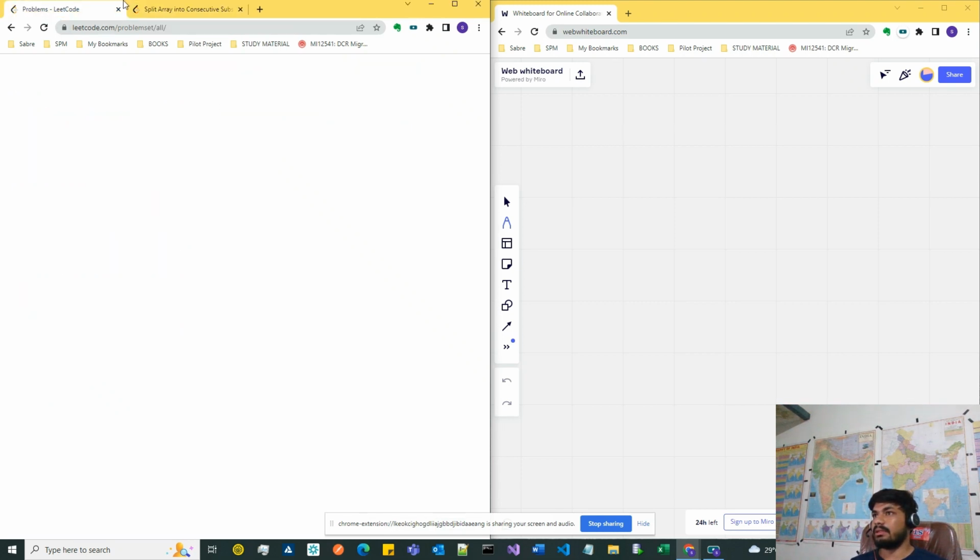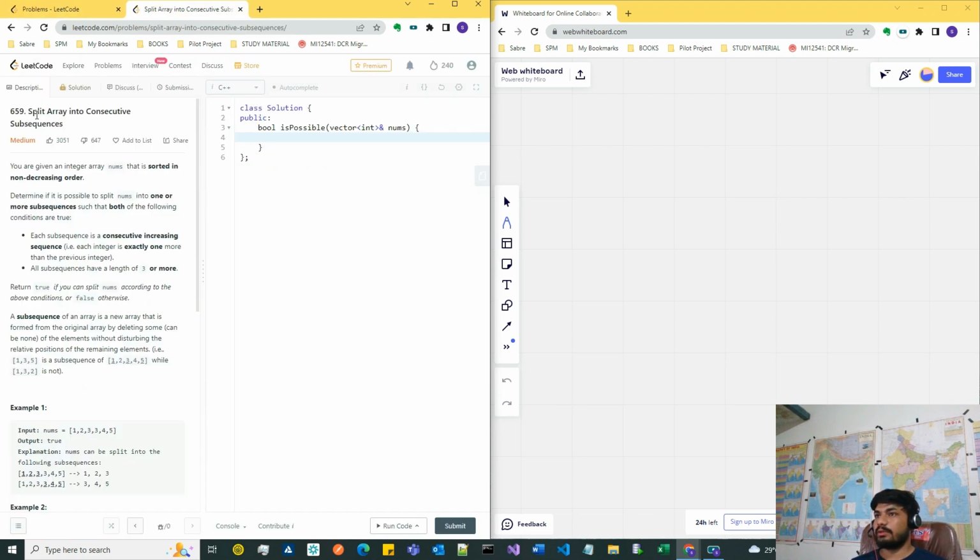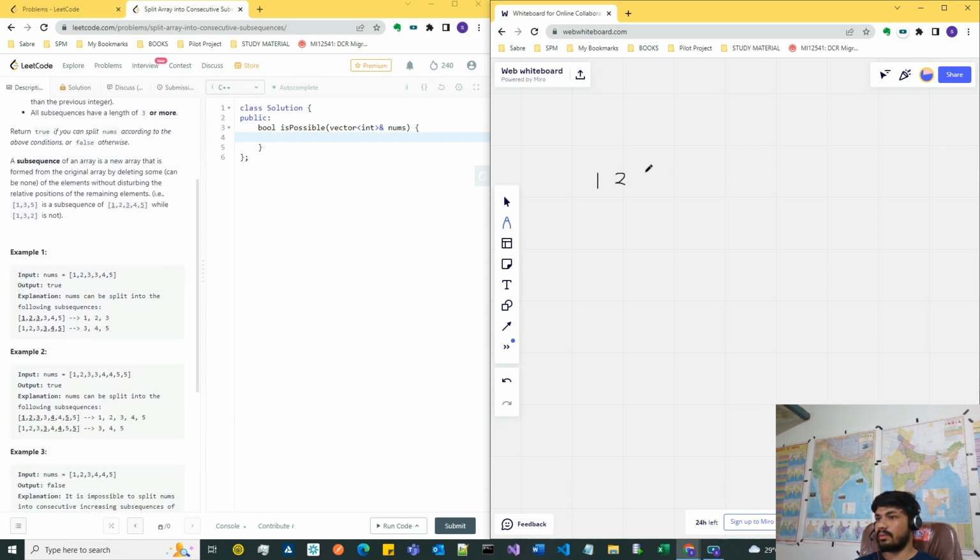Today we will do the LeetCode daily problem for 19 August. The question is split the array into consecutive subsequences. The question states that we have been given a non-decreasing sorted array, something like 1, 2, 3, 3, 4, 4, 5, 5, and we have to